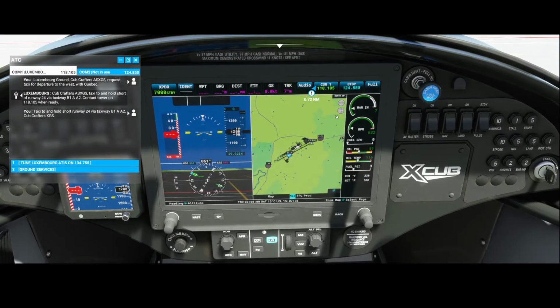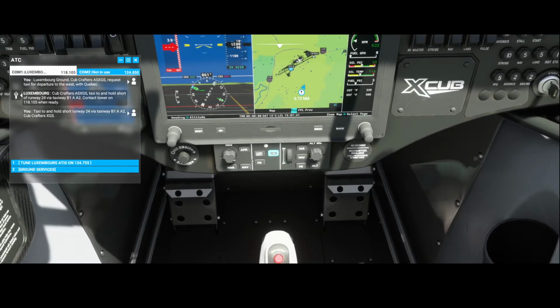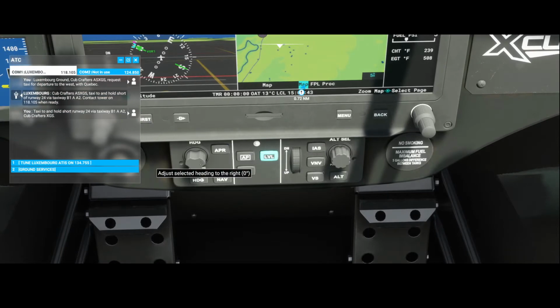So as you can see, the autopilot is centered in this area, right? So let me zoom in a bit. You will see the heading button, which allows us to set a specific heading. We have got the approach one to use during approaches. The navigation one to use the navigation mode, to, for example, use the GPS. The main switch to switch on the autopilot. The flight director to switch on the flight director, to make, let's say, a certain climb. The level mode, which can be used for leveling off or attaining a certain level,